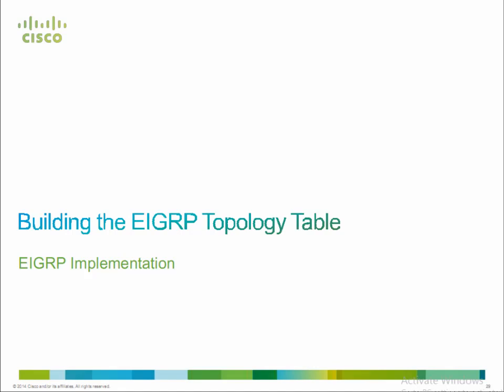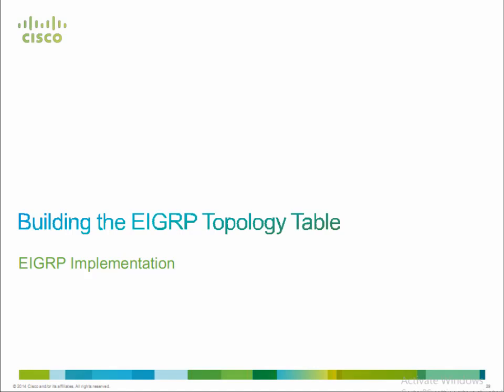We'll actually go through the process of calculating an EIGRP metric, and then we're going to describe what the feasibility condition is, how the feasibility condition works in EIGRP to prevent loops in the network, and then we'll wrap up this lesson by going through and understanding what the EIGRP path